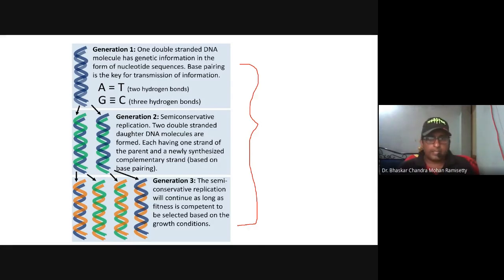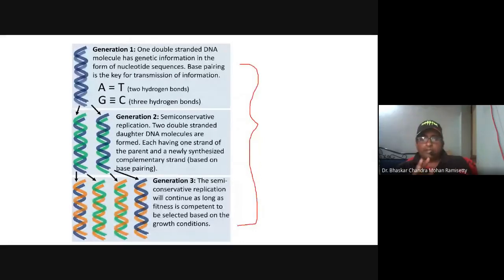And what is the principle that they have used? They have used 2 different nitrogens, N14 and N15. N14 and N15, that's right. So N14 is lighter than N15. I would not discuss this; it is also there in some of the videos. But you have to understand the principle that they have used, density gradient ultracentrifugation, to distinguish